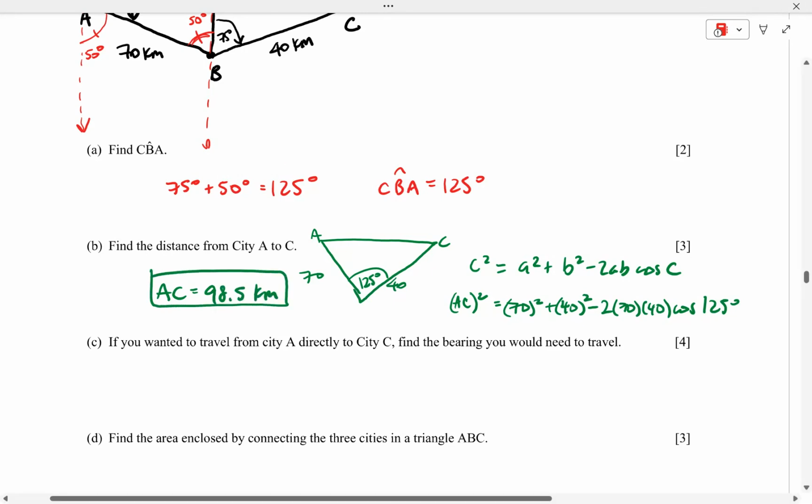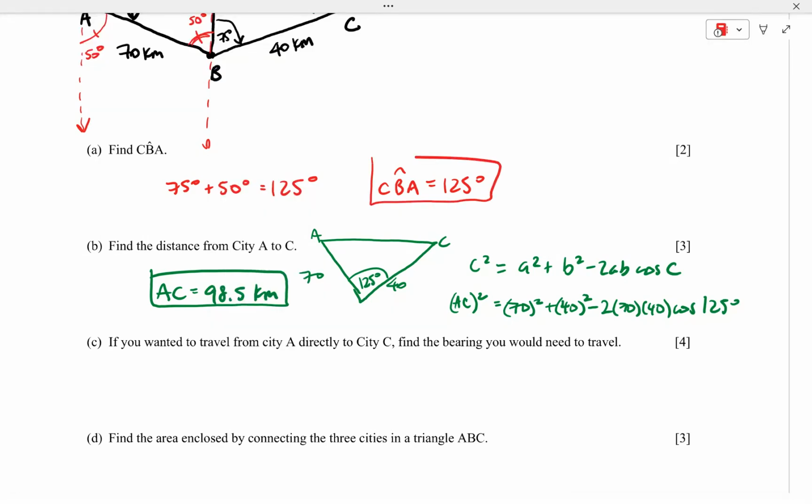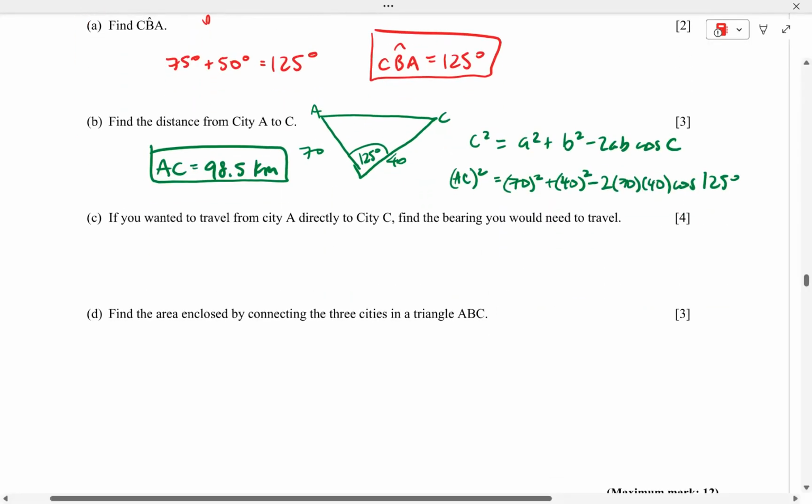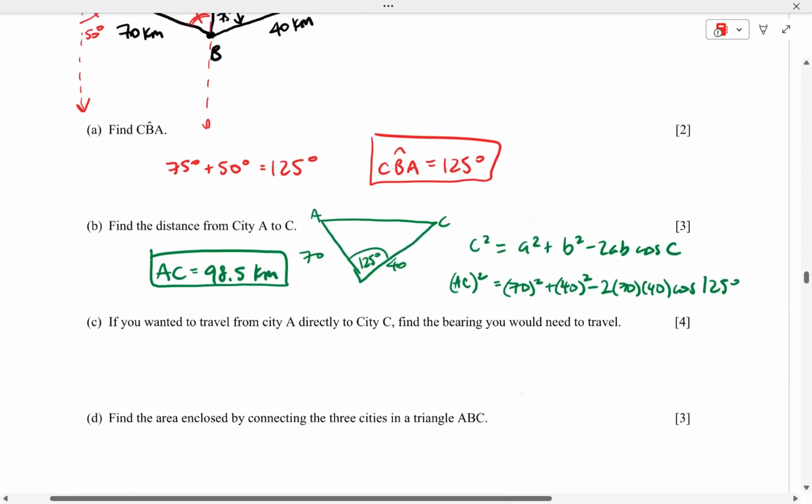Okay. But yeah, don't be a hero. Remember, you don't get extra points for doing stuff by hand, right? If you can do it in the calculator, just do it in the calculator. Okay, if you wanted to travel from city A directly to city C, find the bearing you would need to